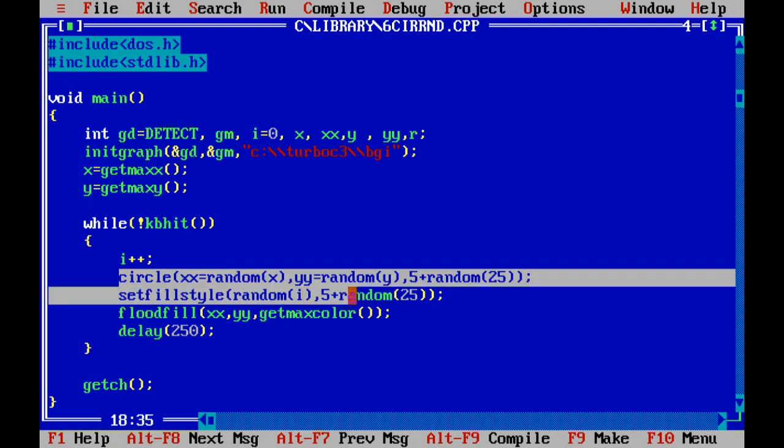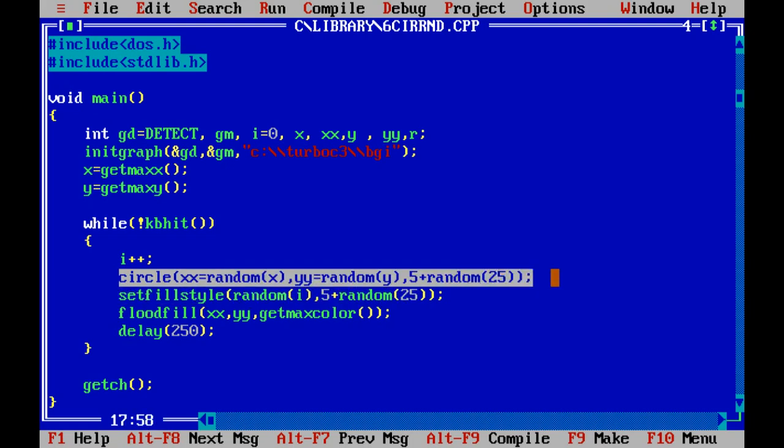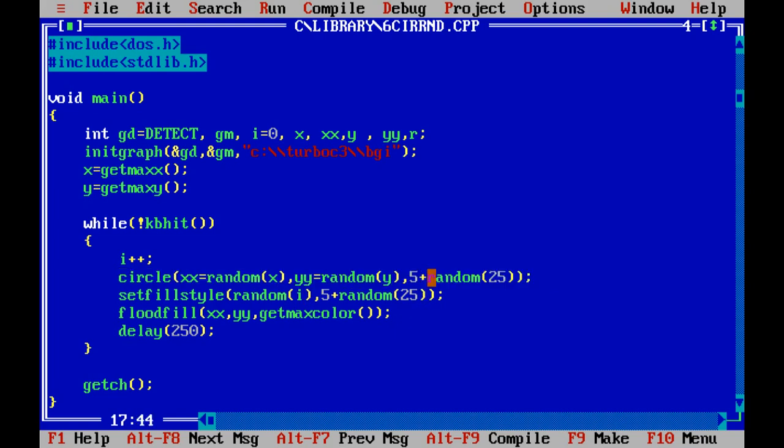The circle function draws a circle, but the interesting matter is that here x and y, that means the center, are not static. The center x coordinate and y coordinate are determined using the random function. Now what is the function of random?